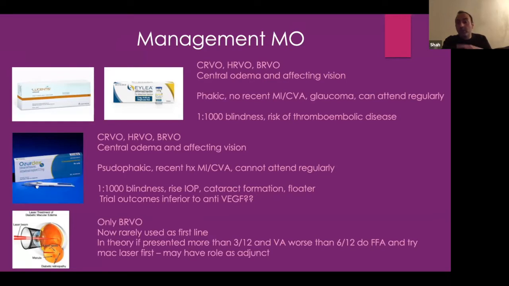And also if they don't really want to come up that often, because anti-VEGF therapy, in theory, you need up to 12 injections, 12 visits in a year. Most hospitals do maybe 8 or 7 or even less, especially post-COVID. So it's quite difficult in the real world to maintain good results with anti-VEGF therapy because the patients are not seen regularly enough, as there are so many of them. Where I work in East Sussex, we do something like 9,000 injections a year. And that's not just vein occlusion, that's for everything, but it's quite difficult to keep patients coming at 6-weekly cycles when you've got so many of them.